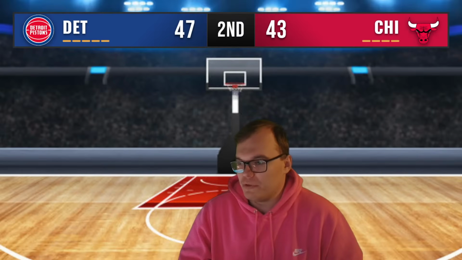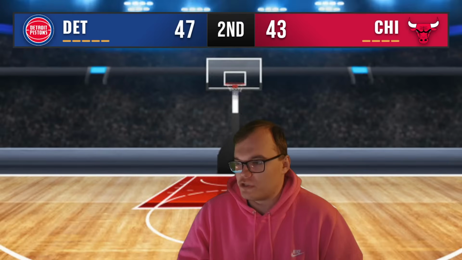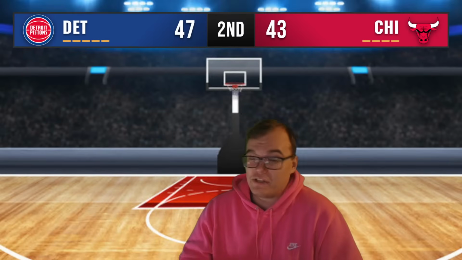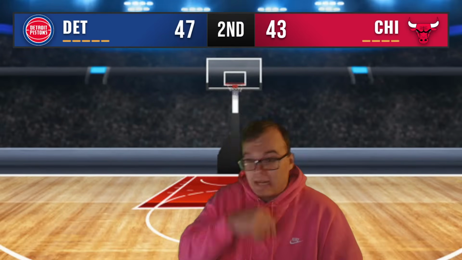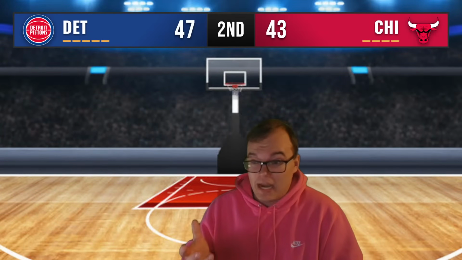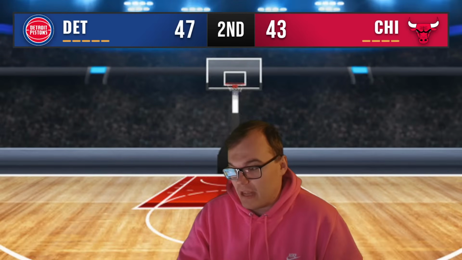Teams that are play-in bubble teams and lottery teams are going to give the Pistons their best shots. That's the case with a lot of teams in the NBA. They know where the standings are, and the worst teams to face are teams that have nothing to lose. That's the scariest team to face. Knicks and Pistons were a prime example last year. The Knicks ended up winning the series, but the Pistons gave them a really good effort, going to game 6. So those are the teams you don't want to face, teams that have nothing to lose.